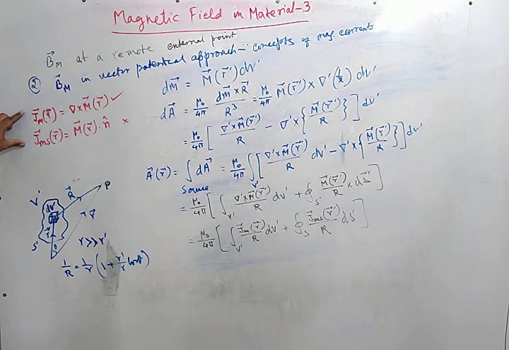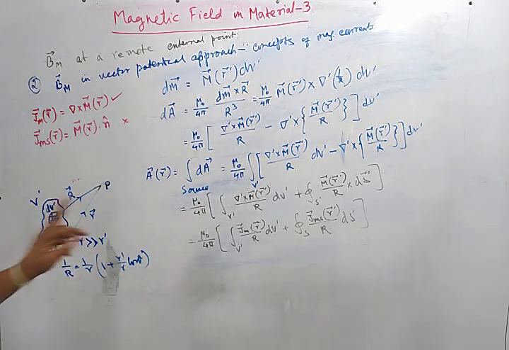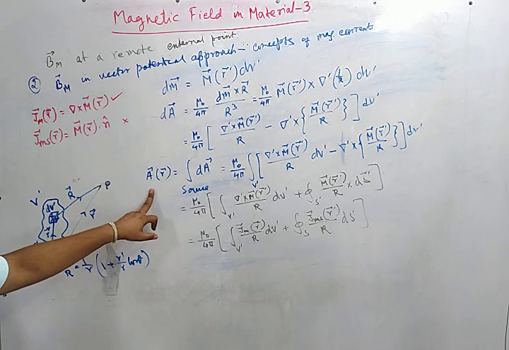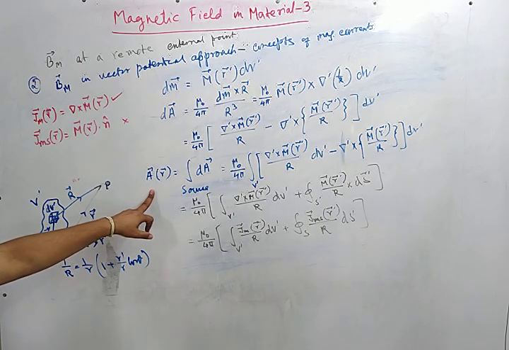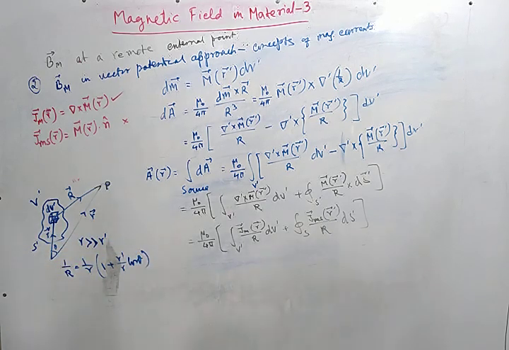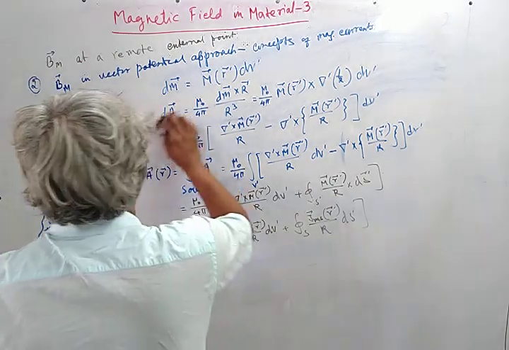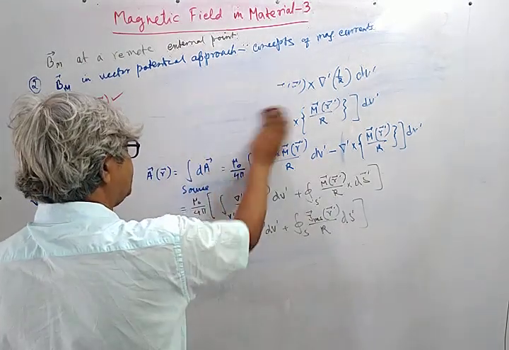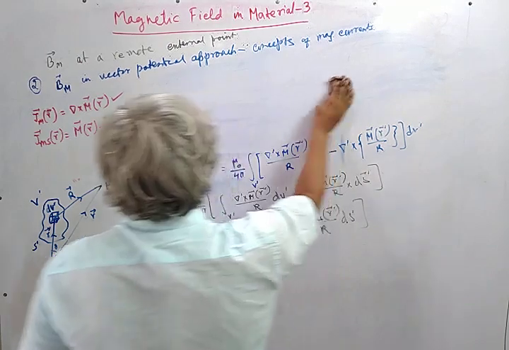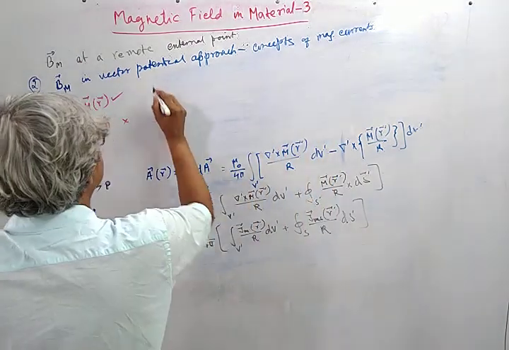These currents are this. If we know the magnetization, we can find out the volume and surface densities of magnetization current, and we come across to the vector potential. Note that this is the dipole contribution, so the entire calculation is in dipole approximation. So what is the corresponding field? The corresponding field is simply this: